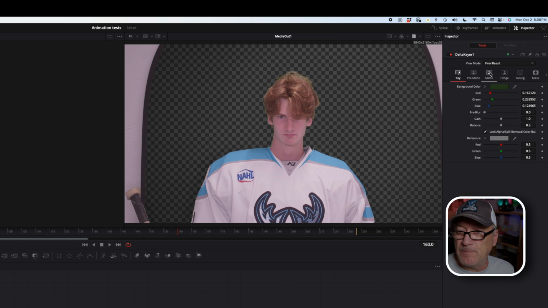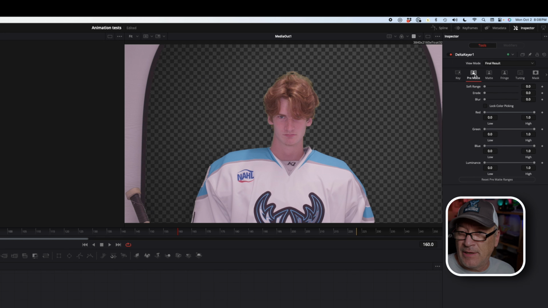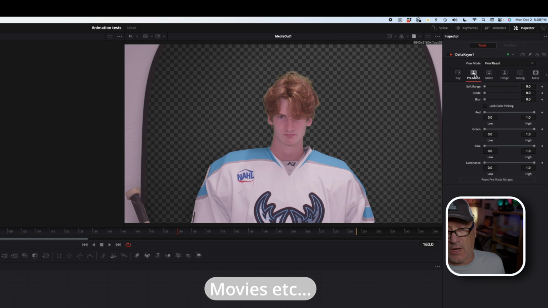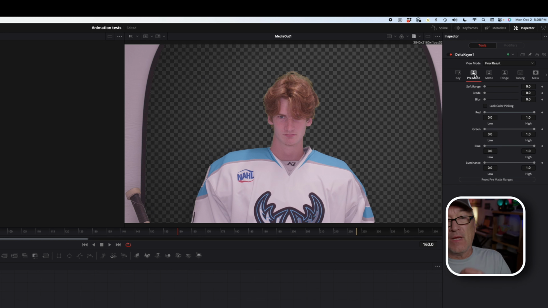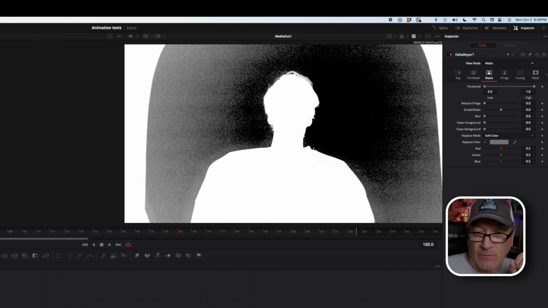Looks pretty good. And then we're going to pick matte. There are certain things you can add in here, again, for more professional work. We've got a little bit of leeway with it, obviously. There's a pre-matte, a matte, fringe, tuning, and then finally your mask. So we're going to go ahead and look at the matte, which will be black and white. The black color will be transparent. The white color will be